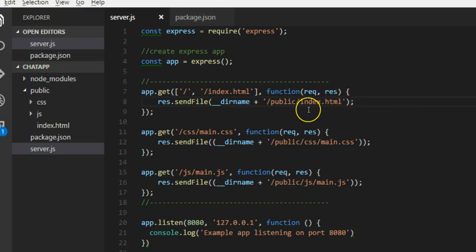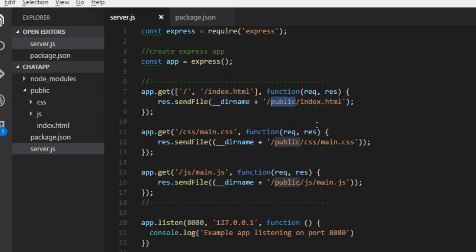If the user goes into DevTools and views the source of my index.html file, what they would see is exactly the same as what I have stored on my server in the public